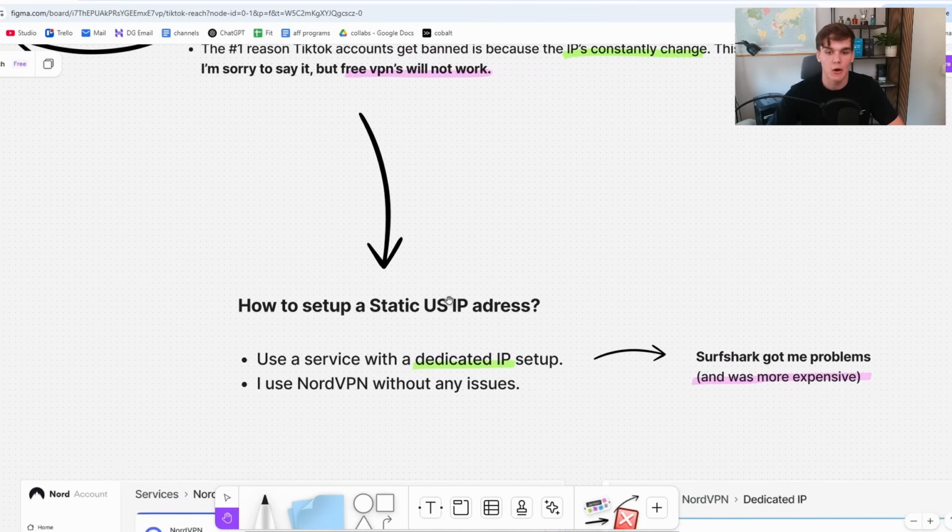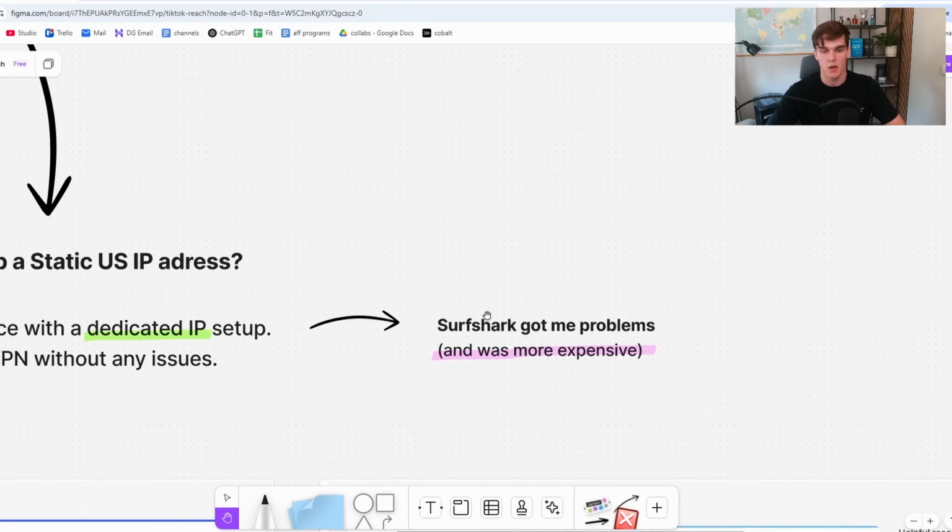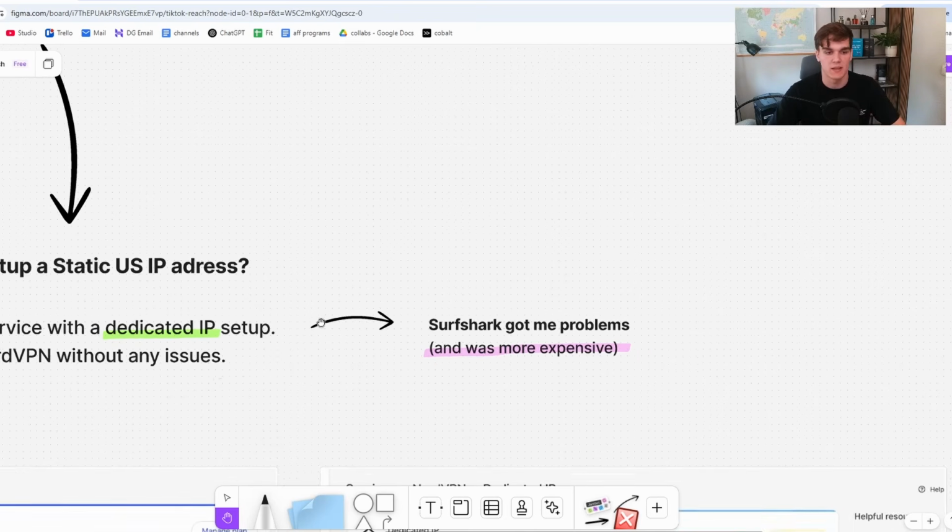So then obviously, how to set up a static US IP address. So we need to use a service with a dedicated IP setup. And I personally use NordVPN for this for already 2 years without any issues. I used other ones as well. Surfshark actually got me problems. Constantly the IP got disabled, or I got connected to another IP, and it was more expensive, so I recommend